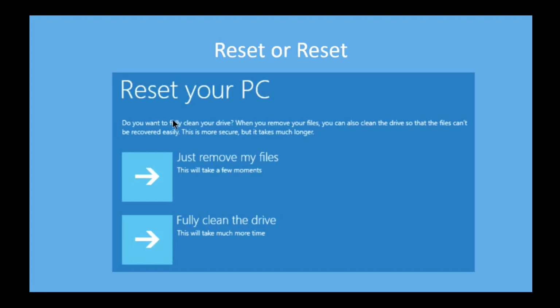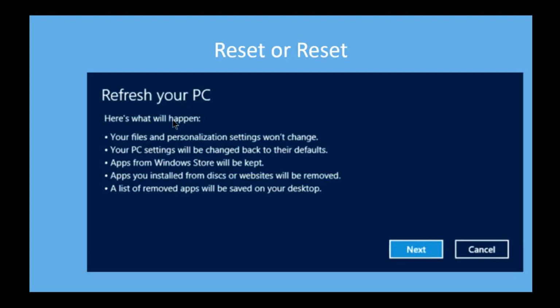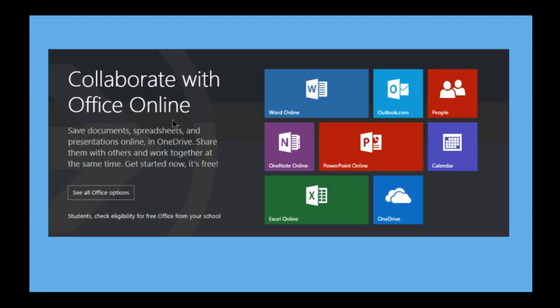If you take a look at the PCs, I don't know if you've seen this, there's the Reset PC. This is a feature in Microsoft. You can either wipe to factory defaults, clean the entire hard drive, or just remove my files, or there's another setting which is just refresh the Microsoft portion of it. Oh, here it is. So you can do a refresh or a reset. Somehow that got mixed up.